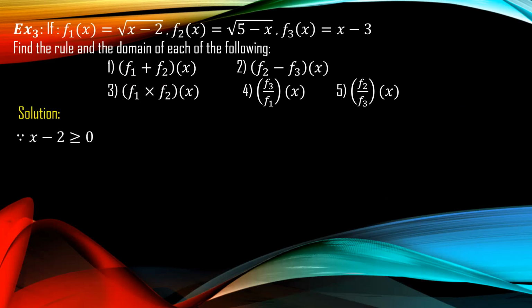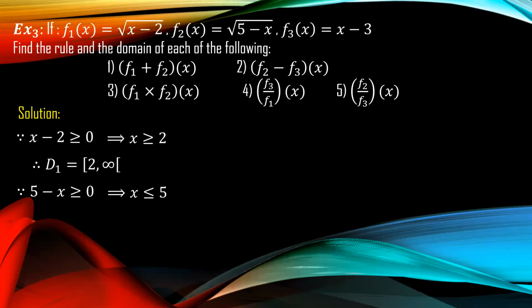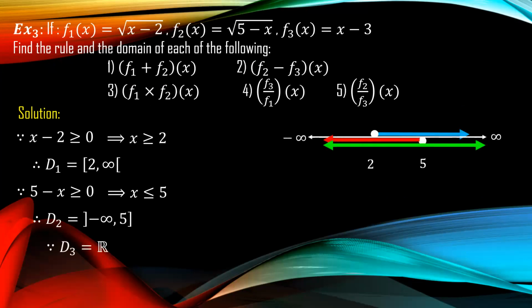x minus 2 is more than or equal 0, so x more than or equal 2. The domain is the semi-closed interval 2 and infinity. And the domain of the second function: 5 minus x more than or equal 0, so x less than or equal 5, and the domain of the second function is the semi-open interval negative infinity and 5. While the third function is a polynomial, so its domain is R, and we can represent these functions